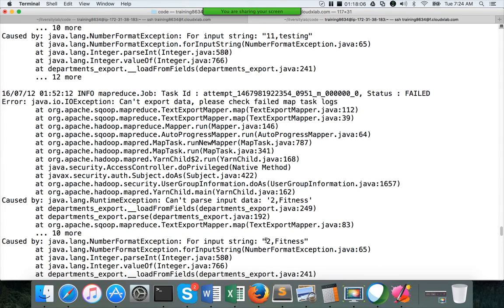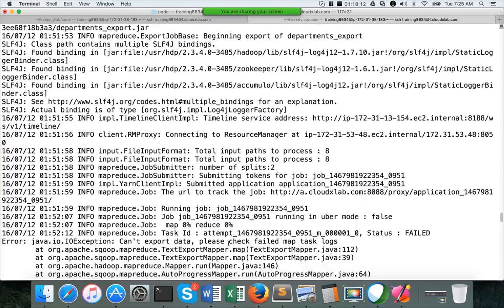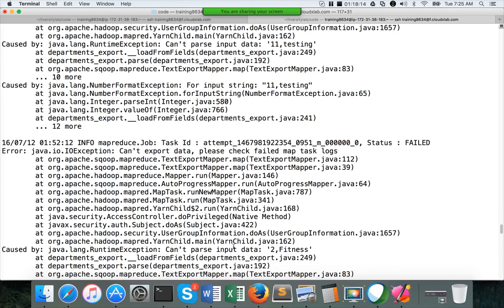Even here it is actually showing, because comma is the delimiter in the dataset, and as part of the sqoop export we are using pipe. It is trying to store this entire thing as part of the department ID, and it is complaining that it cannot parse the string as numeric value. So that's why we are getting number format exception.